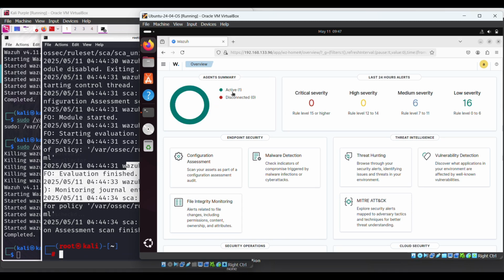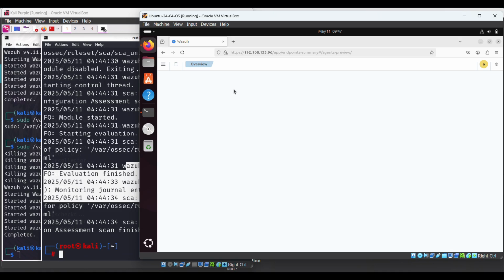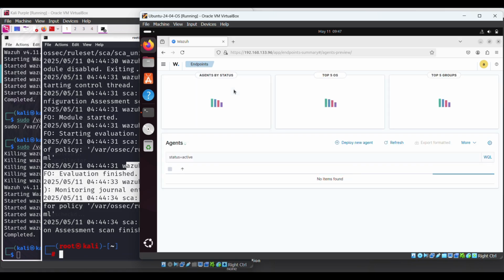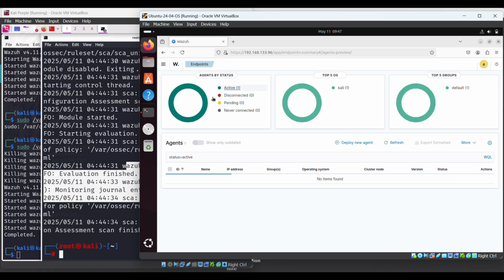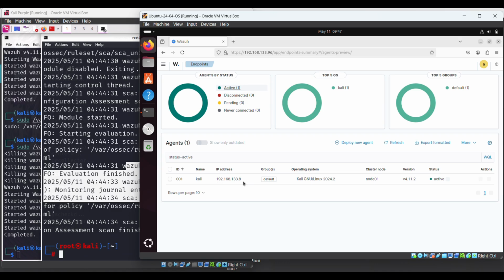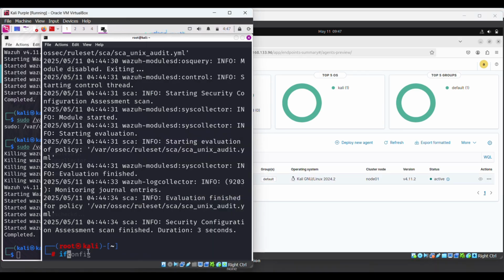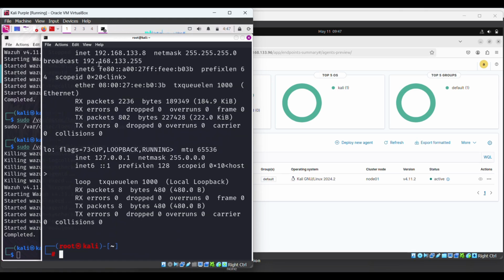Perfect. Now we can see that we have one active system. It's now active. If I click on it to see the agent that is active, because in actual fact you can have as many agents connected to the server as you like, so you can check each of them. This is the agent that is currently active, which is my Kali. If I show you the IP of the Kali here,